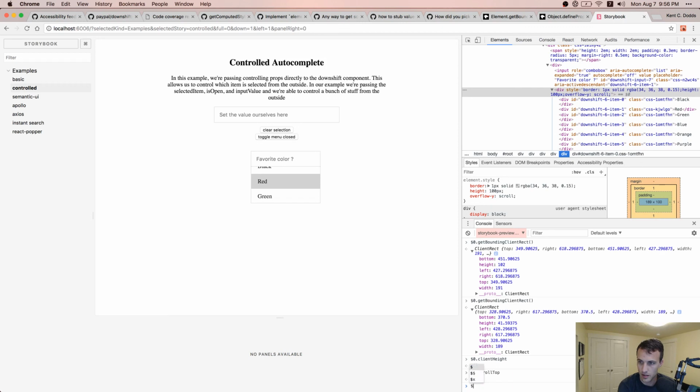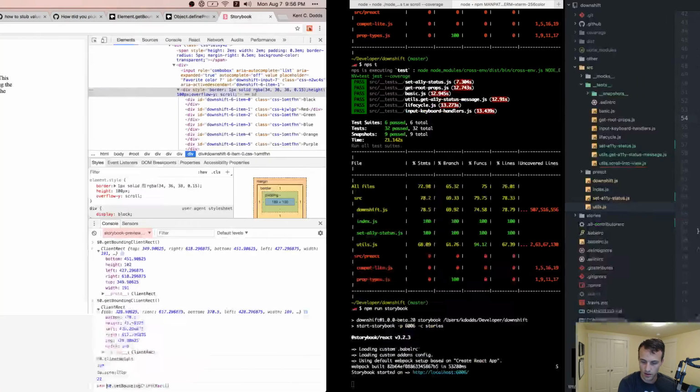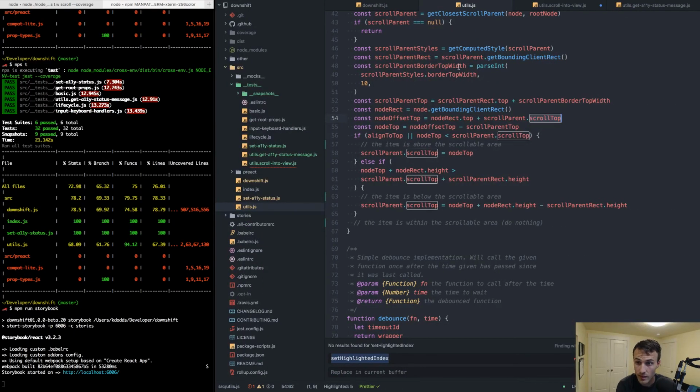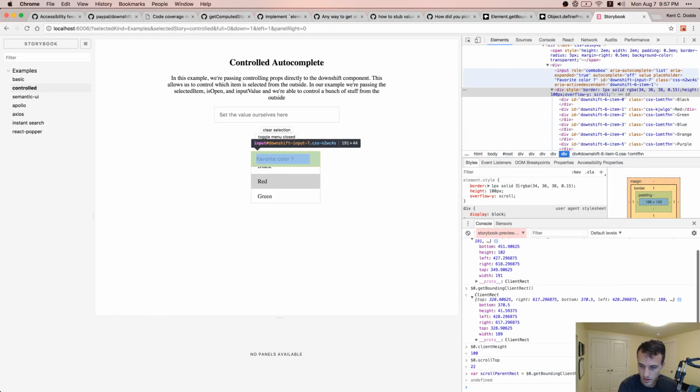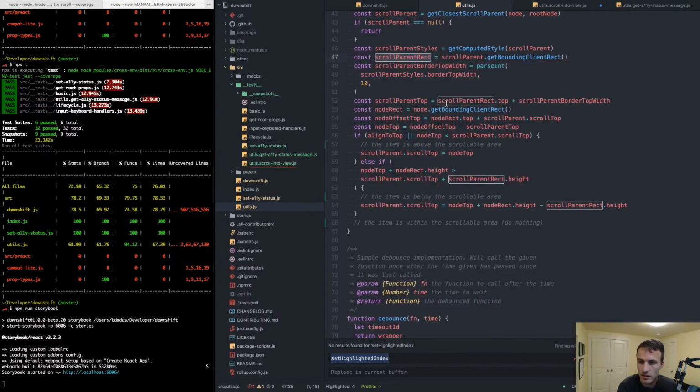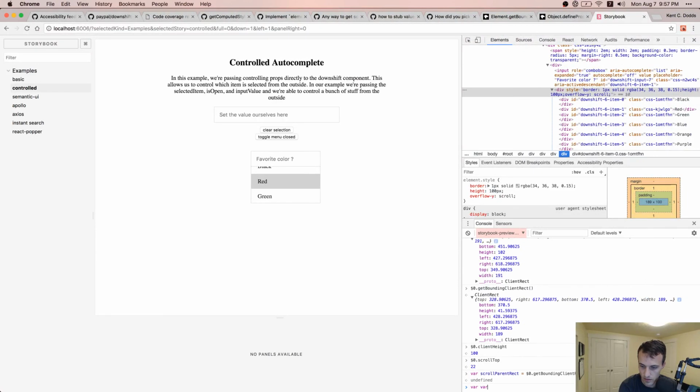So here we'll say get bounding client rect, const, or we'll do var, and then node rect equals